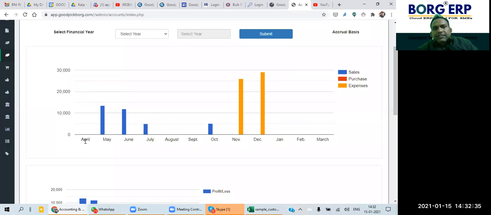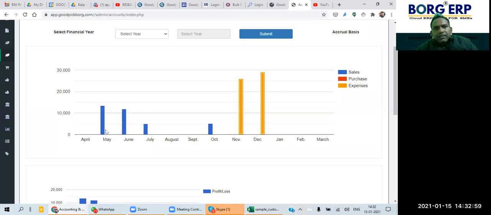In this case, it is showing from April to March, which means one financial year. Sales is the blue color, purchase is the red color, and expense is the yellow color.